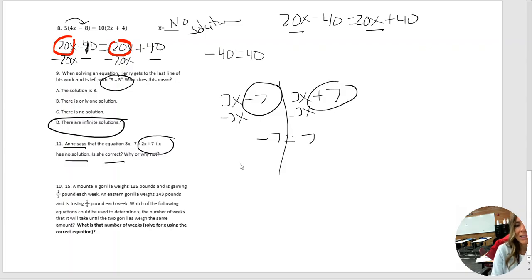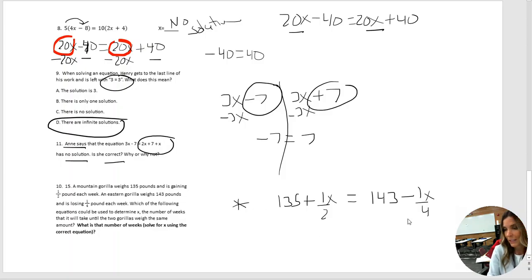Okay, last question. A mountain gorilla weighs 135 pounds and is gaining 1/2 pound per week. An eastern gorilla weighs 143 pounds and is losing 1/4 pound per week. We want to know when these two gorillas weigh the same. Okay, so this is the equation that you should have set up. And then from there, you're going to add 1/4 x to both sides,